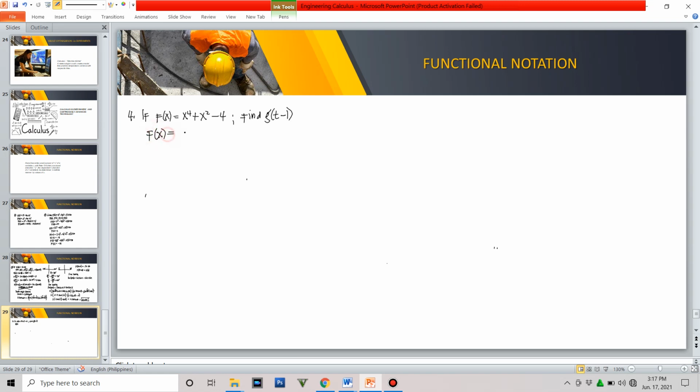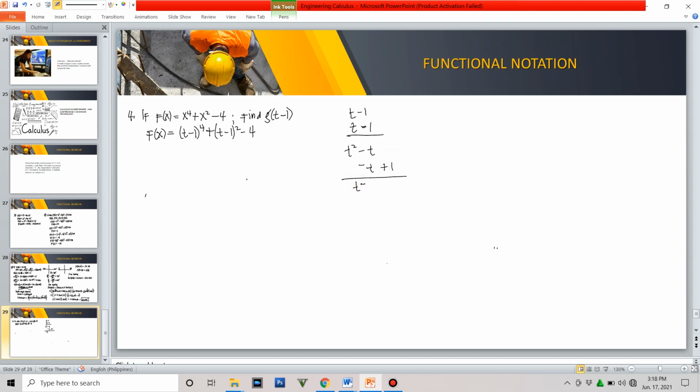say, function of x raised to 4 is actually t minus 1 raised to 4 plus t minus 1 squared, minus 4. So we now expand t minus 1. Okay, so t minus 1 times t minus 1 is actually t minus 1 raised to 2. So we have here t squared minus t. This is minus t. This is positive 1. Okay, so we'll yield it to